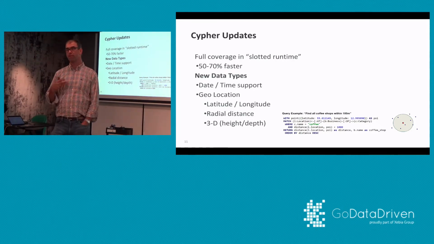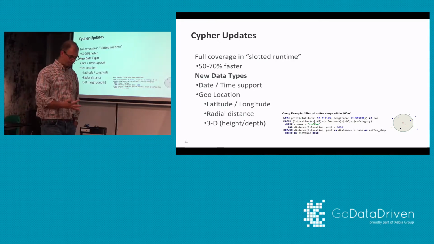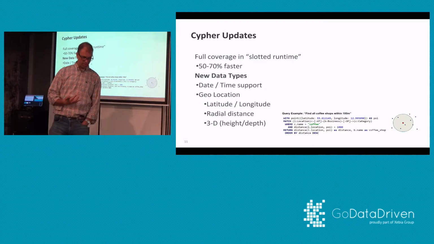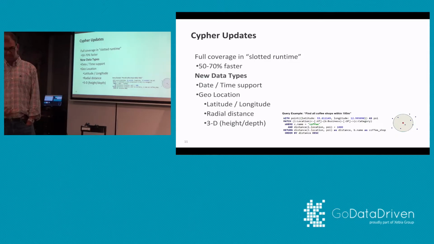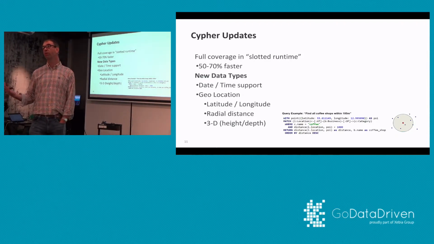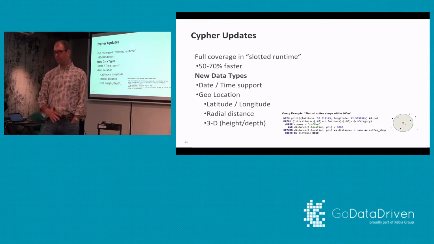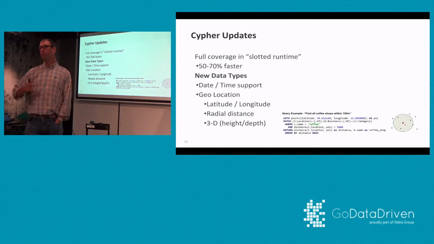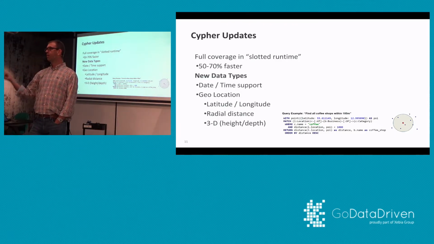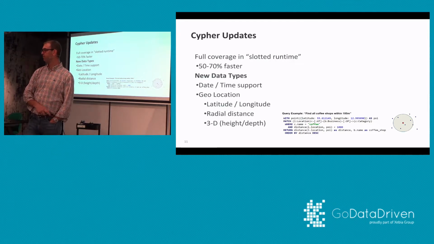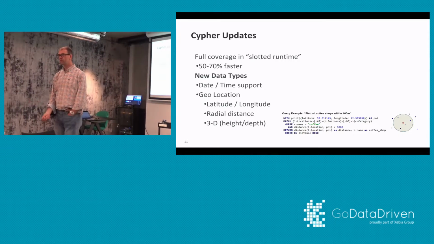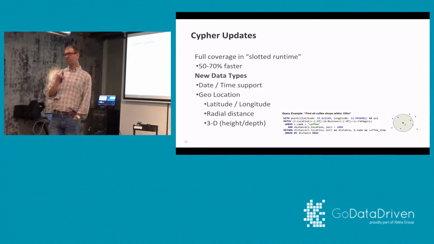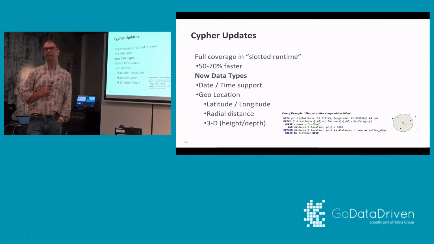Date time support means that you can actually have a property on a node that represents date time information, and you can index that and query that very efficiently without having to go back and forth from some kind of epoch number into long integers into whatever, or it's just a natively supported